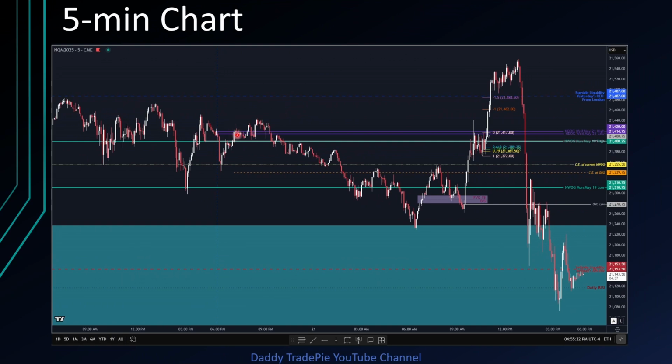I highlighted the new day opening gap over here in the 5-minute chart, as well as the opening range gap, the high and the low over here. We also have the consequent encroachment, that is the 50% of this opening range gap over here. You can see more detail that after we opened